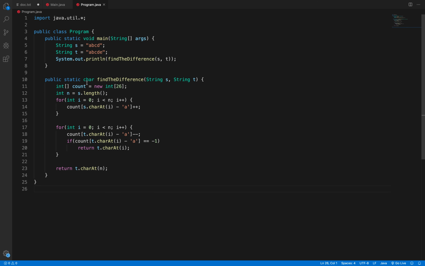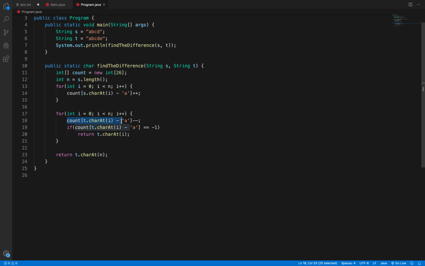So here's the Java implementation of the second approach. In English we have 26 letters, so that's why I allocated a count array of size 26. Here we are iterating over the string s and incrementing the count of each character, and here decrementing the count of the character, and here checking if the count of the current character is -1.